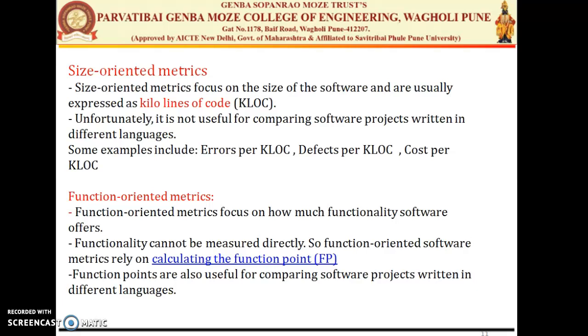It is the relation between how many defects were found by the end user after delivering a product, D, and the errors which are found before delivering the product, E. So we are calculating the defects which are found after delivery and before delivery. This is done in the function oriented matrix.